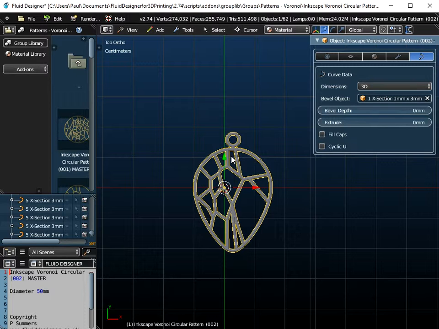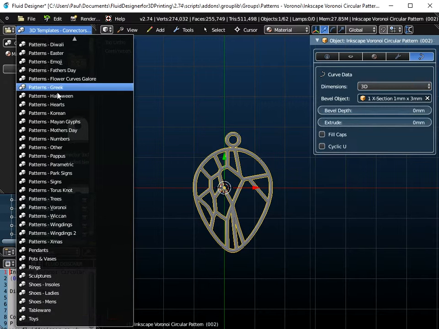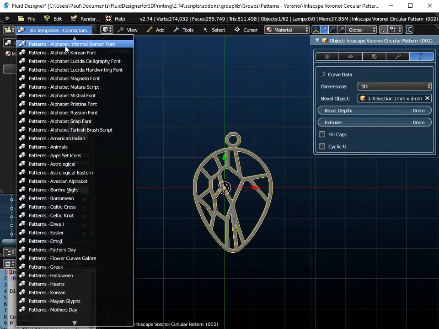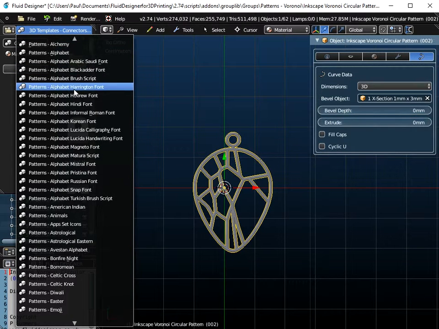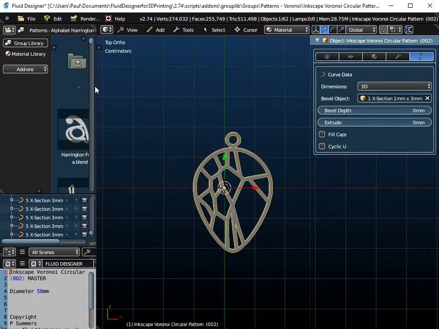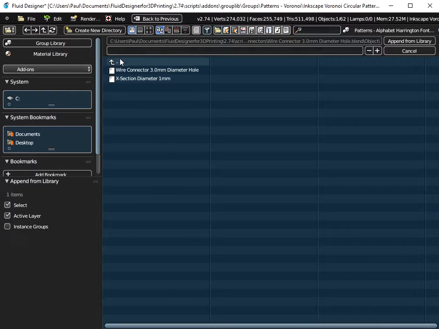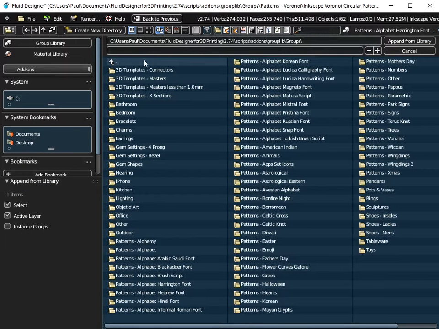If you wanted to customize this even further, you could, for example, add in a letter. So I could, for example, use Harrington fonts. I could append one of these letters here. So if I just go to File and Append, just go up through the menu system until you get to